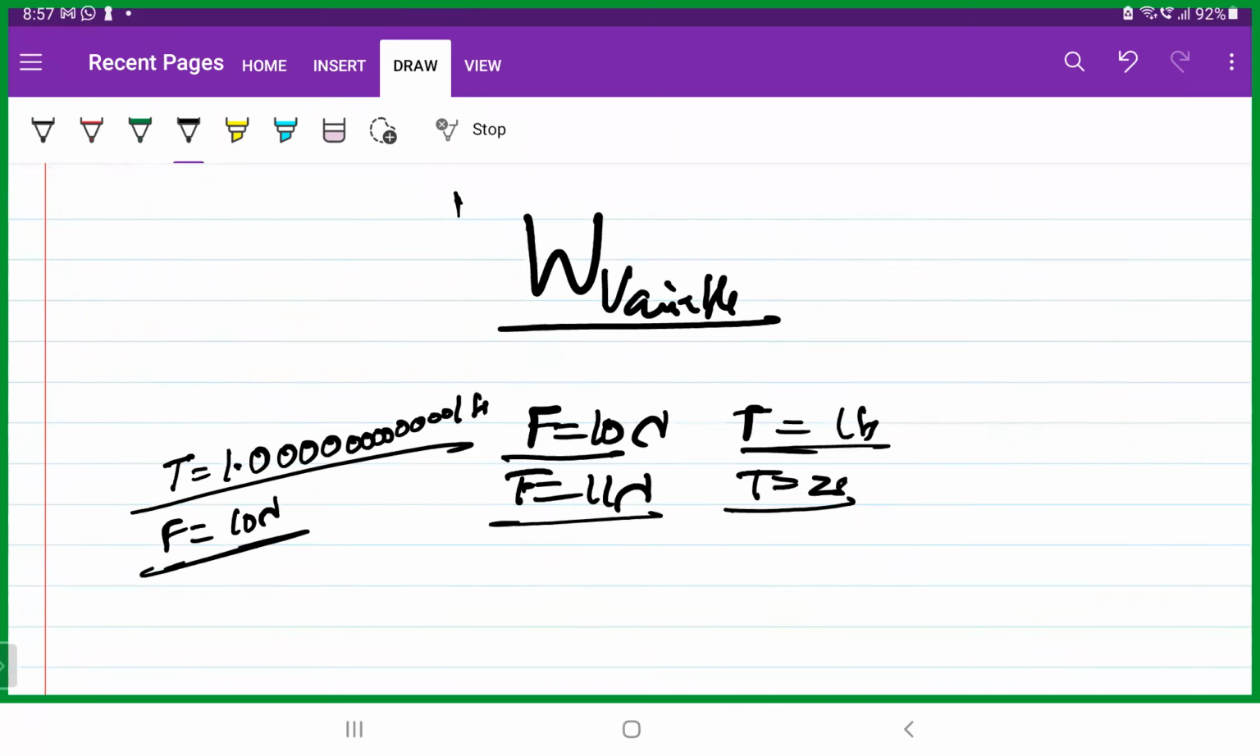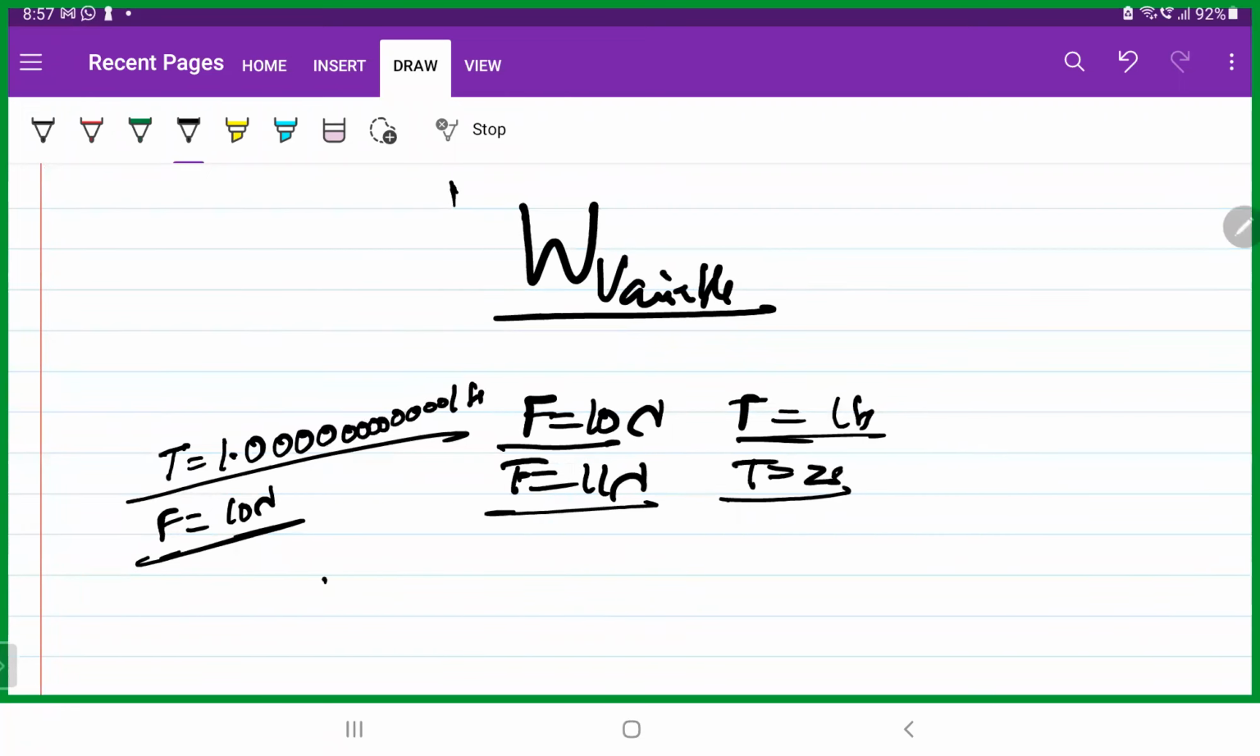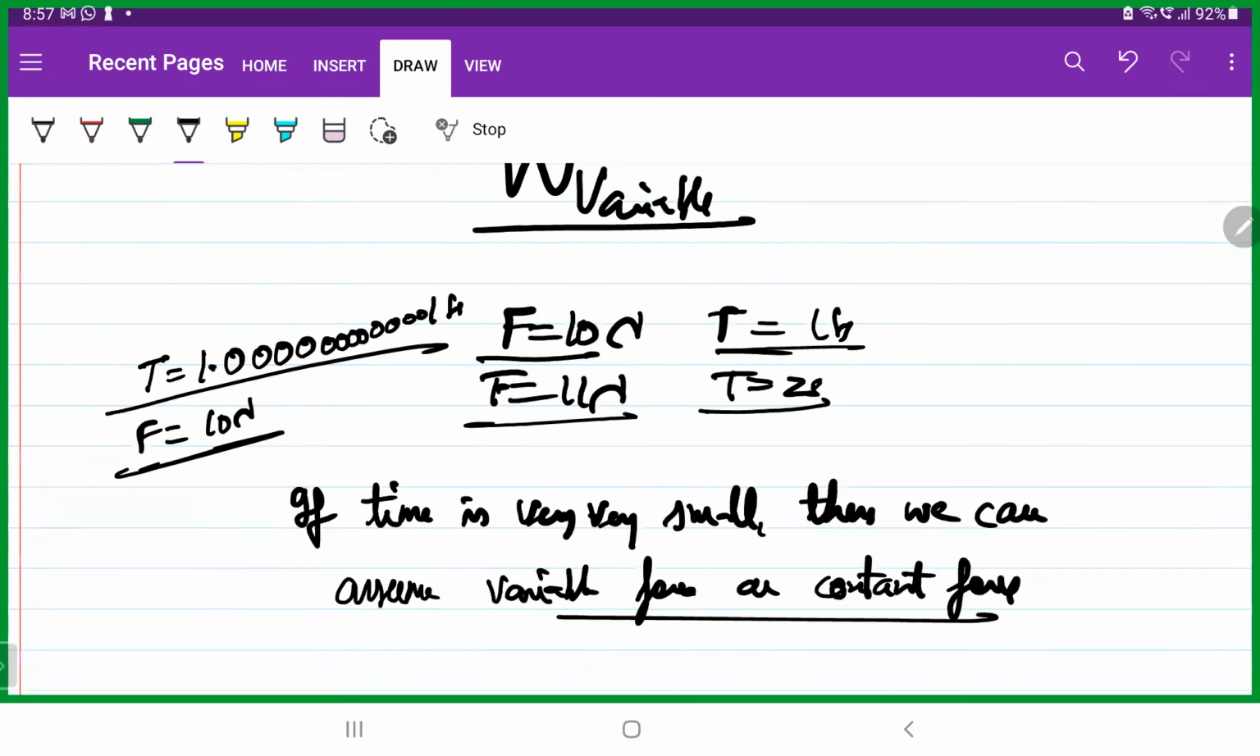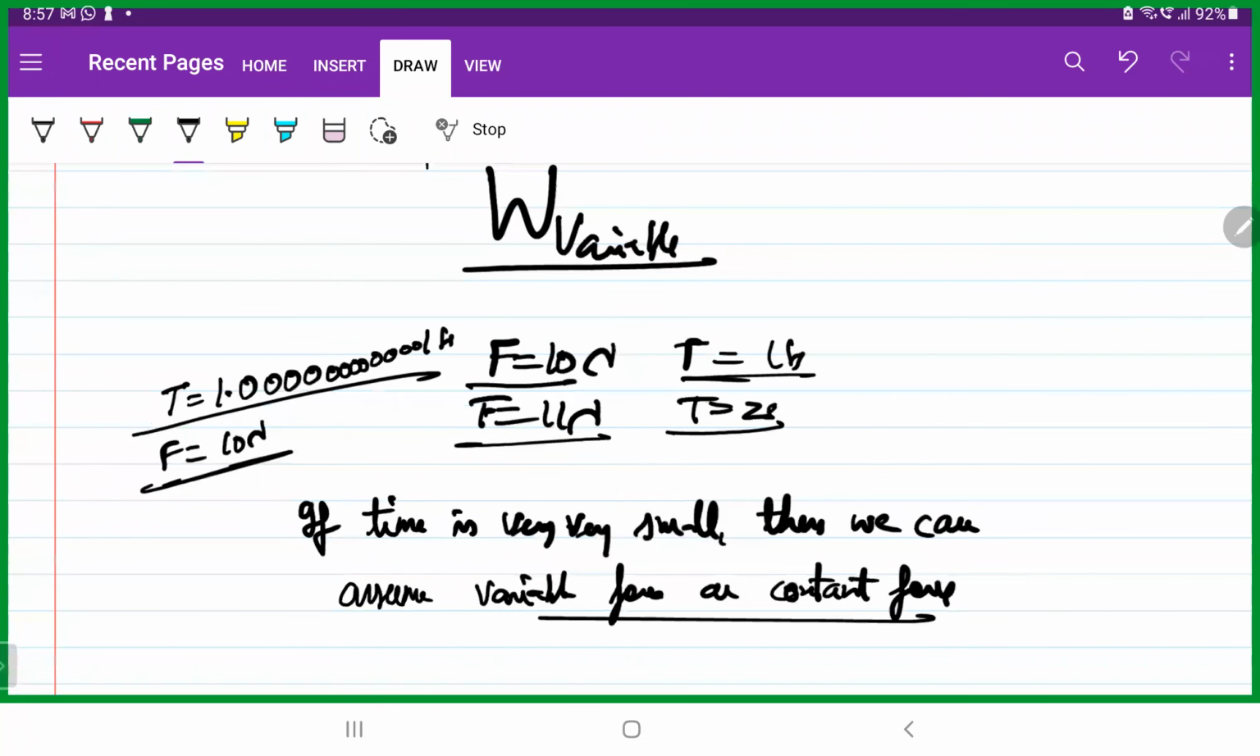So that's the point we should understand, that if time is very, very small, then we can assume variable force as constant force. That is what we have to understand. If the time is very, very small,